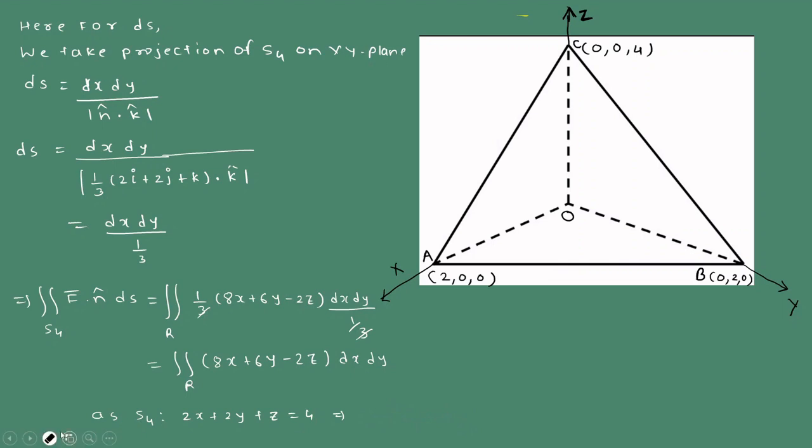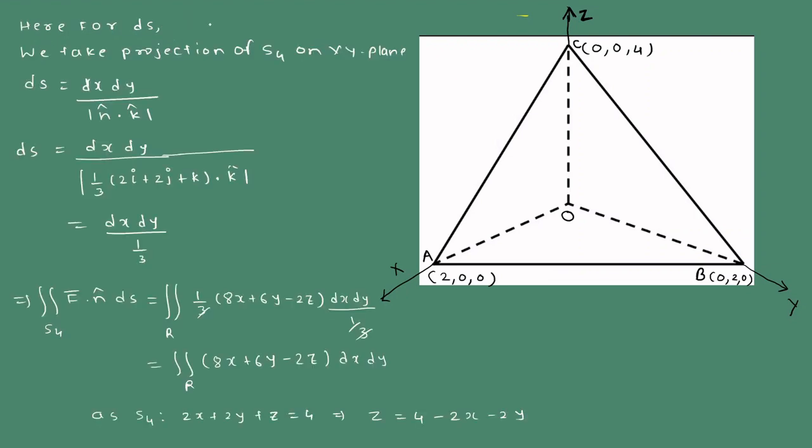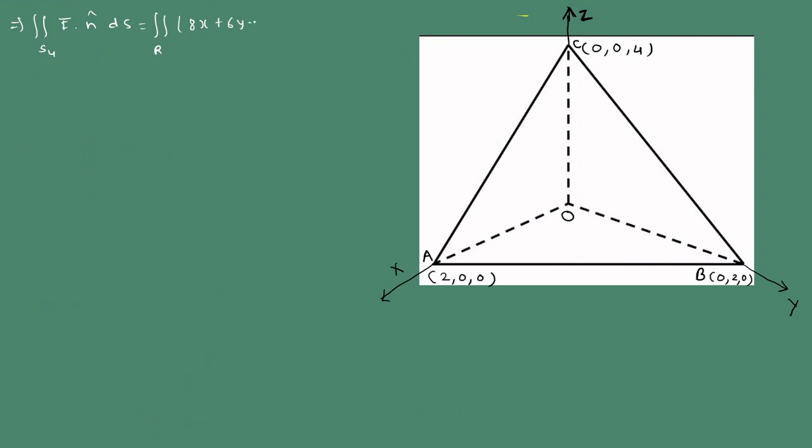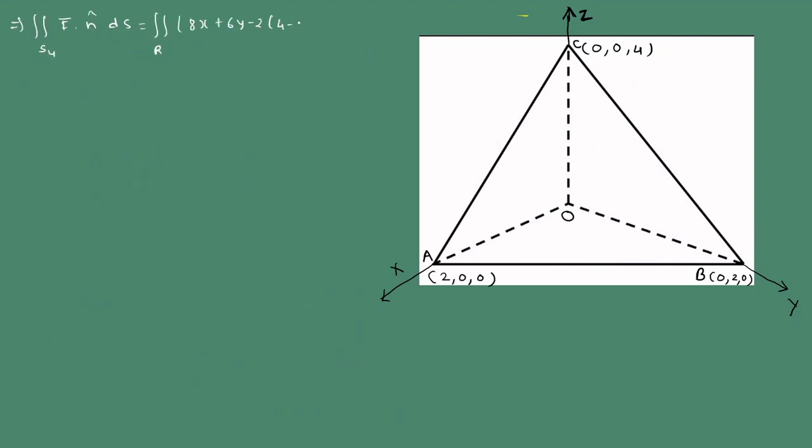We have to replace this. Z is equal to 4 minus 2x minus 2y. So this implies the double integration over S4 of F bar dot n cap dS is equal to the double integration over region R of 8x plus 6y minus 2. What is the replacement for z? It is 4 minus 2x minus 2y, so 4 minus 2x minus 2y dx dy. Correct? So this is region R,